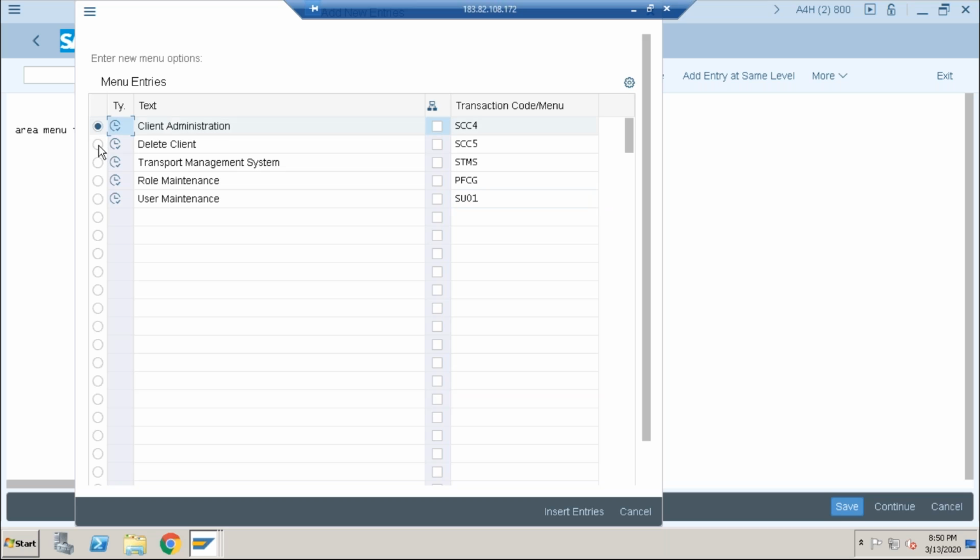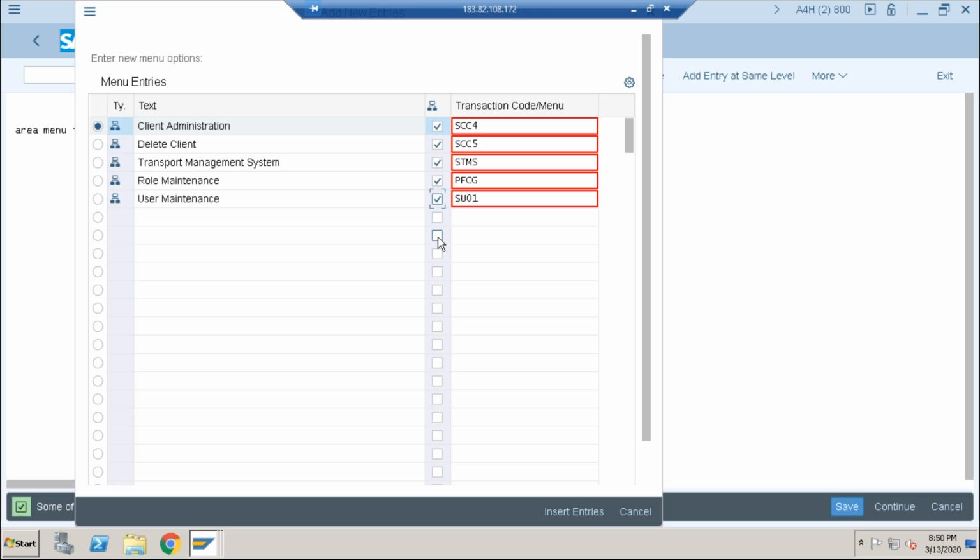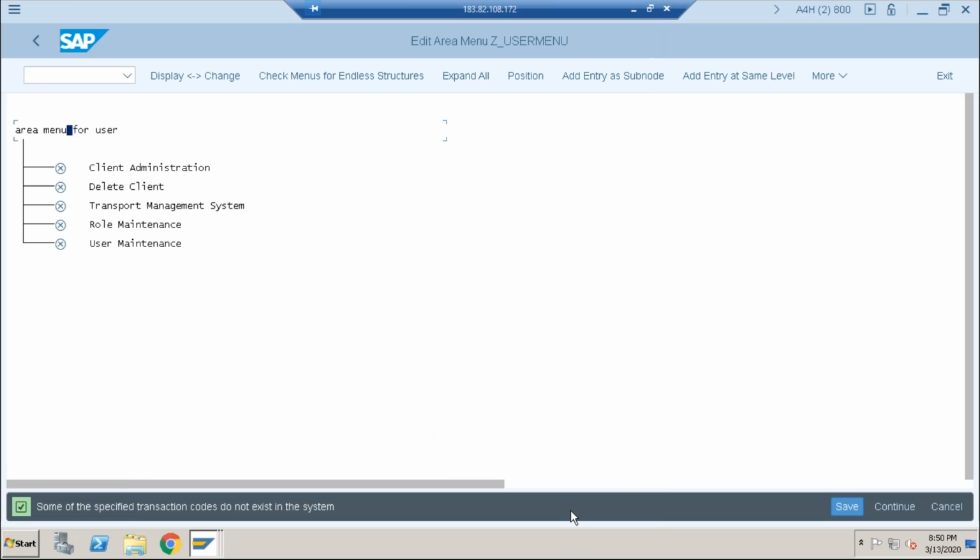So I have to choose. If you want, just the selection ready button. If you want to insert, the same checkbox is there. Checkbox is nothing but added. Again, if you want to insert more, just click on insert. No, this is that. Okay, click on save and continue.